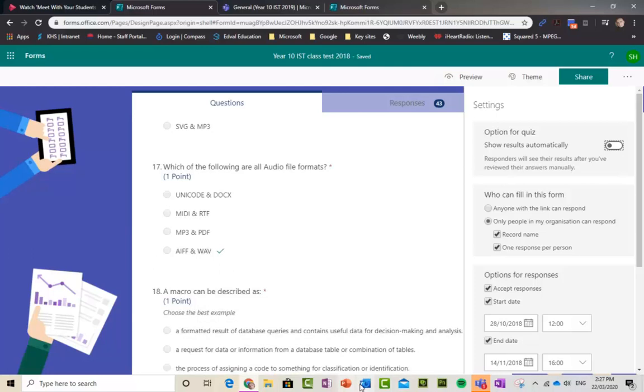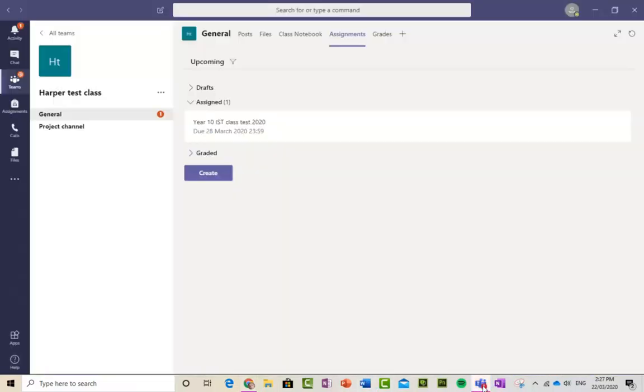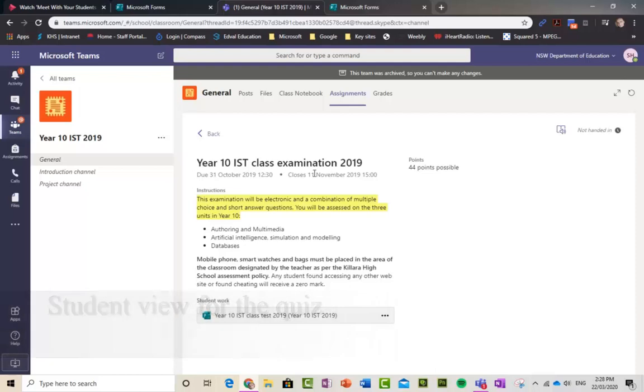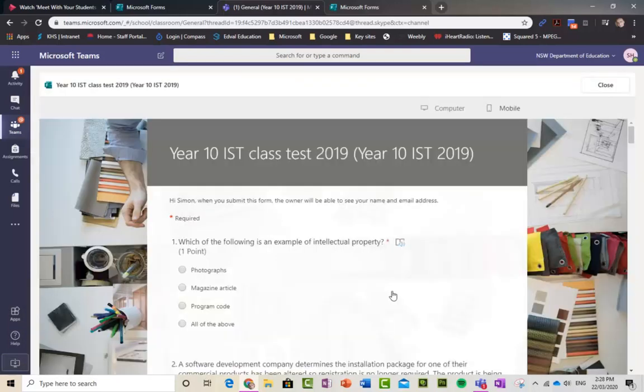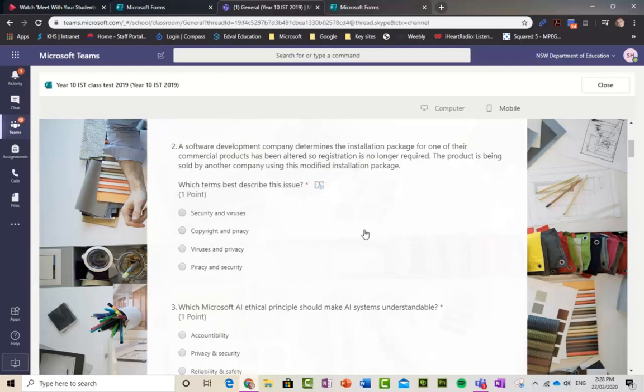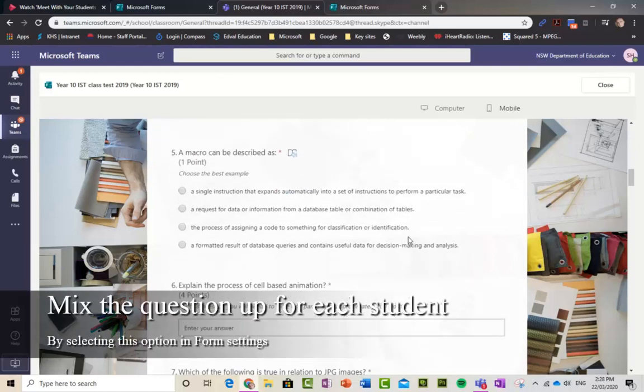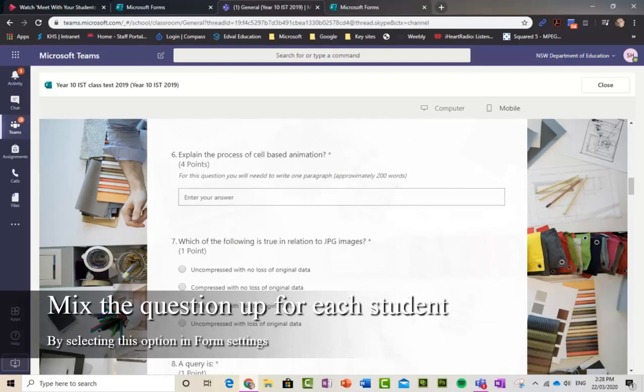So let's have a look at what it looks like. So this was Year 10 IST 2019. So this is what the students get when they open it up. So this is what the quiz looks like. Now it's swapped, so each student gets something different. If you're using it for online learning, they'll be at home. But you'll see here each one